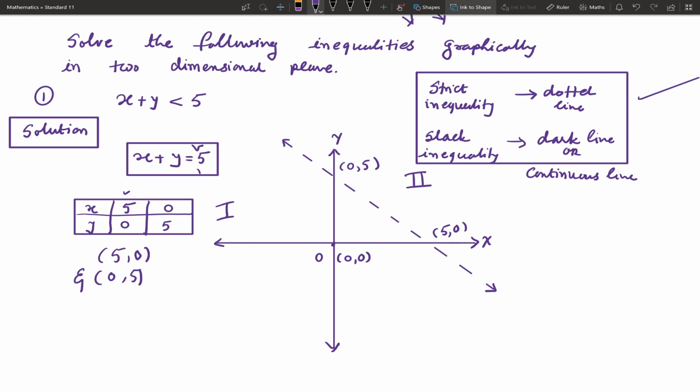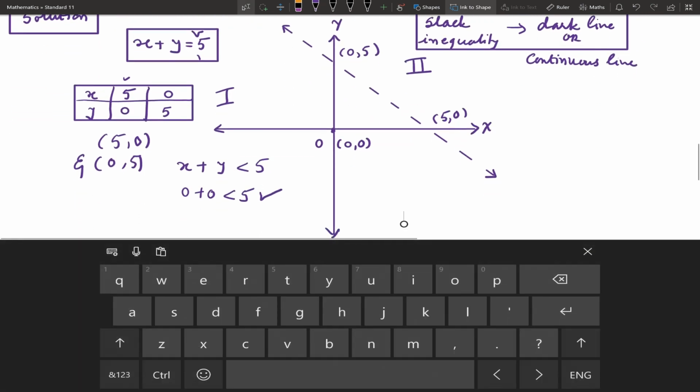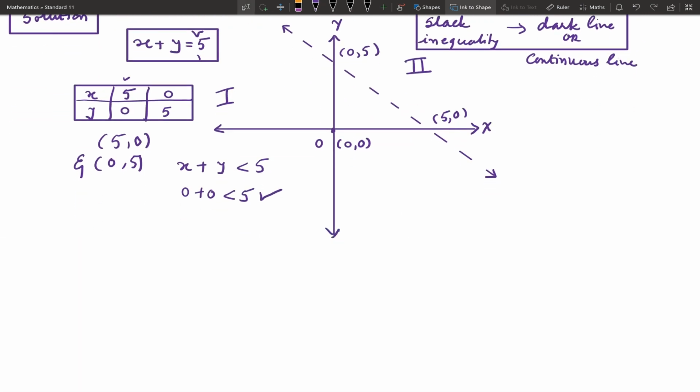So here we take 0 comma 0, put in the inequality. Our inequality is x plus y less than 5. Put x equal to 0, y equal to 0, 0 less than 5. This is true. So since 0 comma 0 satisfies the inequality,